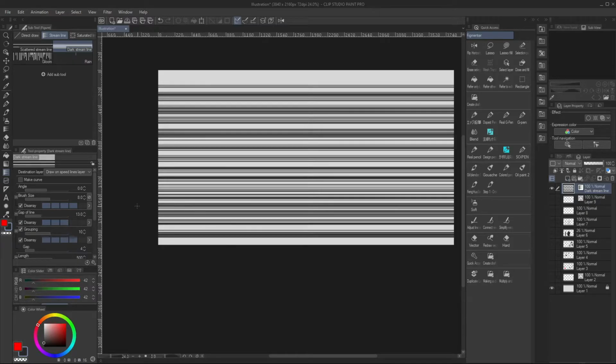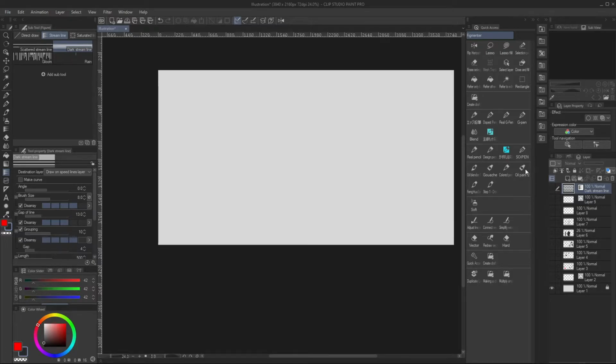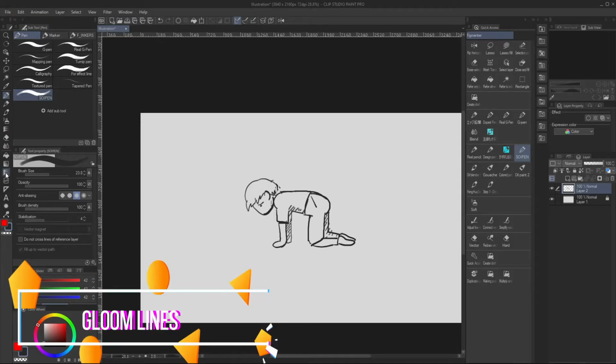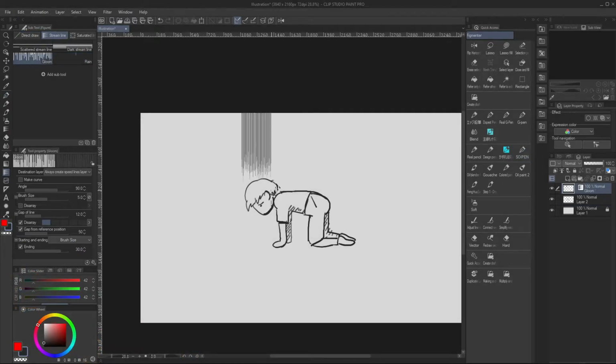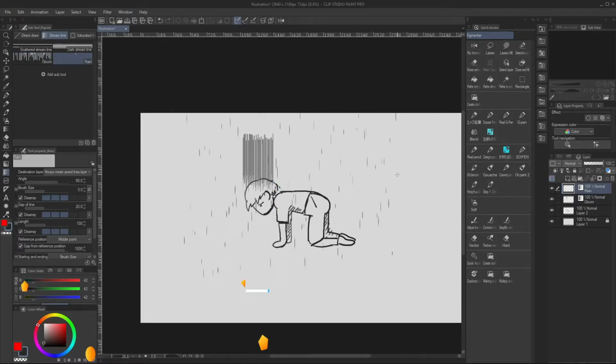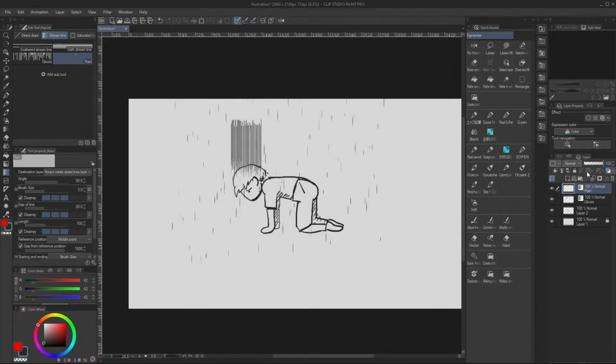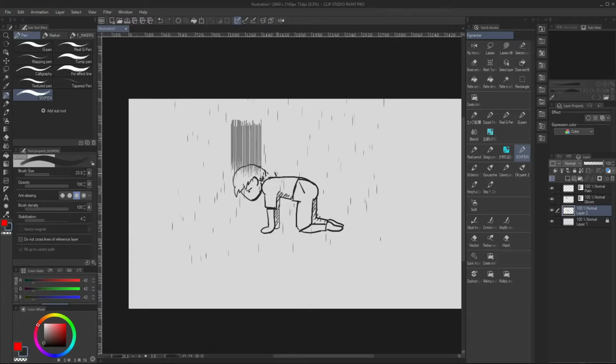This projects vertical lines from an arbitrary point down to where you put your curve or stroke. You can readily use the Draw Gloom lines on your manga characters to put gloom lines on their heads. The Rain subtool is very similar to the Gloom subtool. You can readily draw varying vertical short lines across where you draw the curve. This is by far the most useful among the default tools and lets you add a bit of a rain